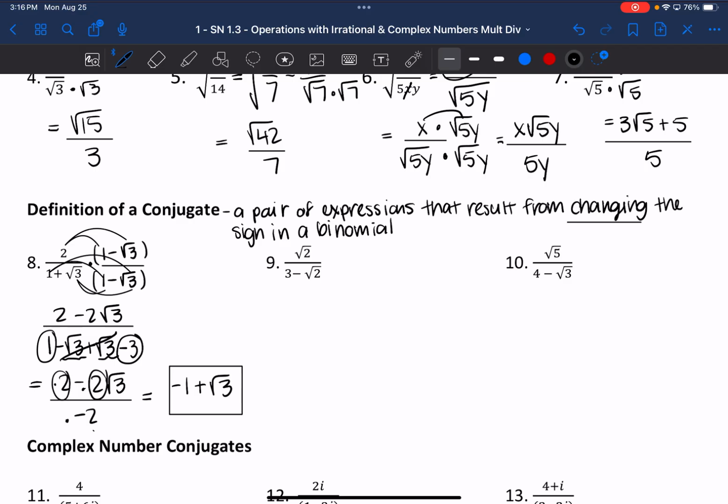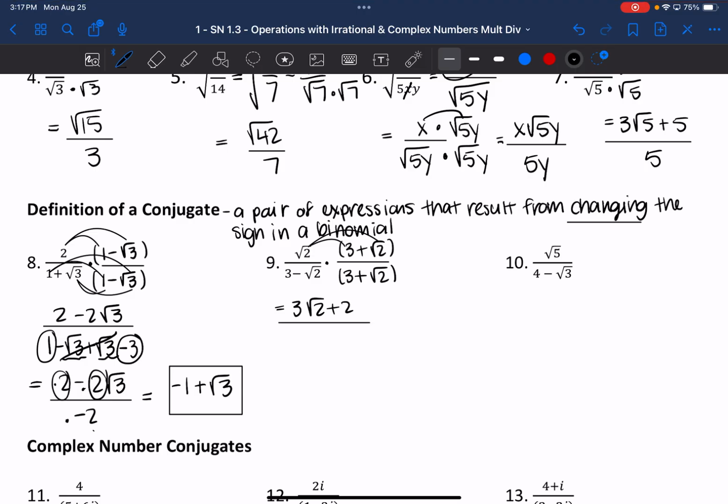All right, let's do another one of those. So for number 9, I multiply both numerator and denominator by the conjugate. So this time I'm going to multiply by 3 plus square root of 2 in both the top and the bottom. So here I'm going to have square root of 2 times 3, which would be 3 root 2, and square root of 2 times square root of 2, which is just 2,